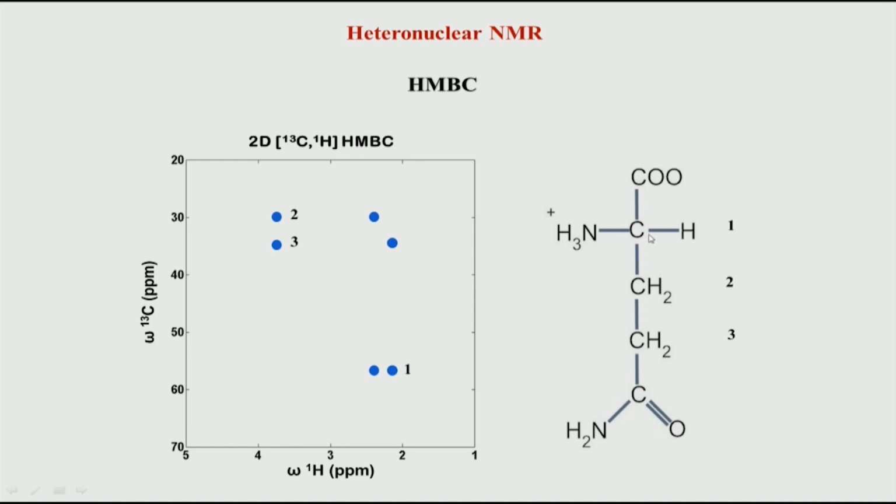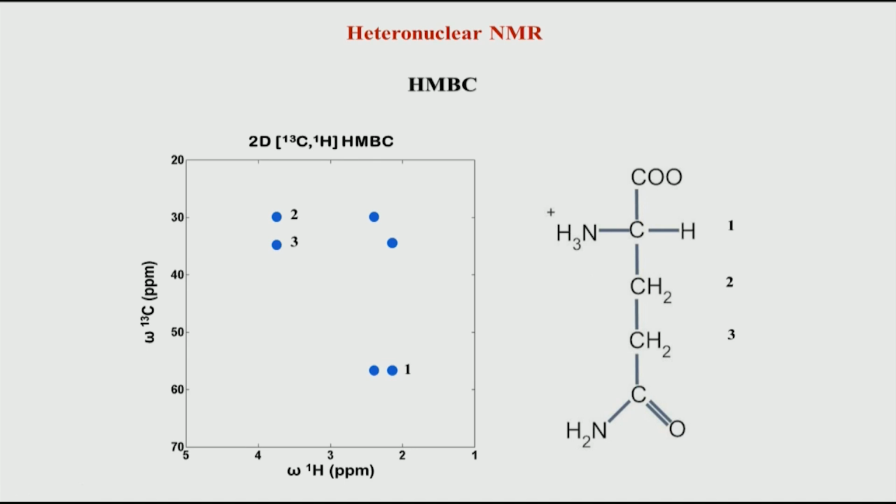Because the strong coupling means this pair we have already got from HSQC, we do not need another experiment to give the same information. So, this HMBC was designed to get information on longer range coupling. We will see shortly how that helps to resolve some ambiguities, but HMBC works by going to 2 bond and 3 bond. I do not have the pulse sequence shown here, but it is very similar